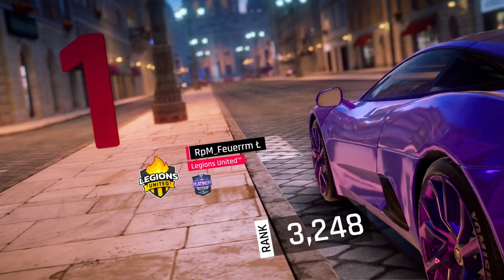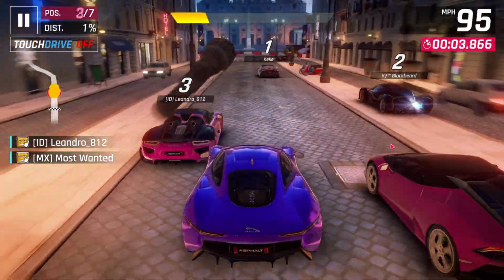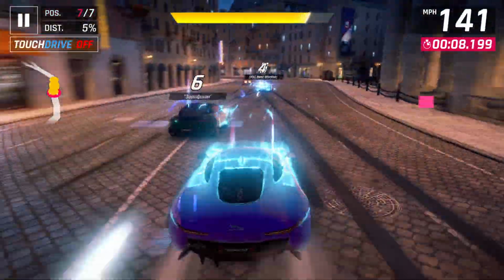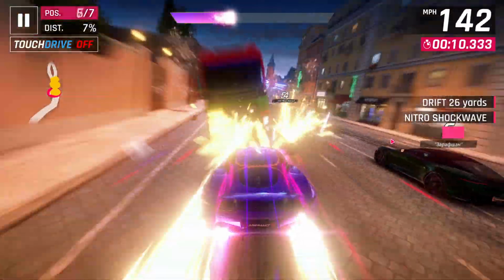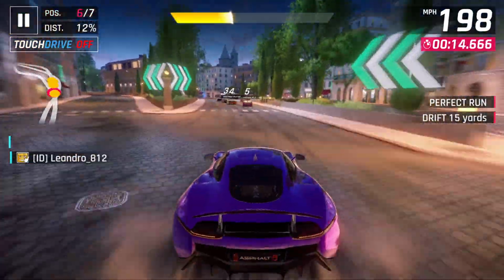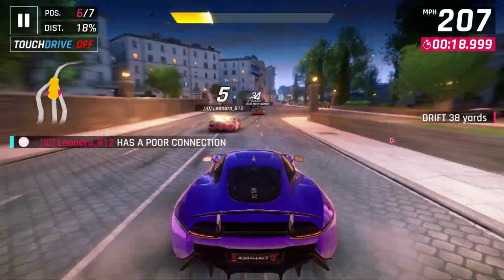Now we are moving on to a race on Rome, where thankfully I am in the first position, and as you can see, pretty much everybody is passing me at the beginning. We've got a 918, we've got a DBS, we've got a Huracan, bunch of cars that are definitely better than this one. But this car's speed is good enough to be able to keep up with most of them, and